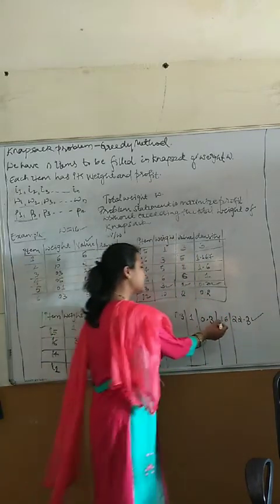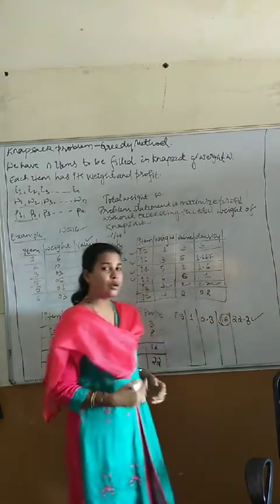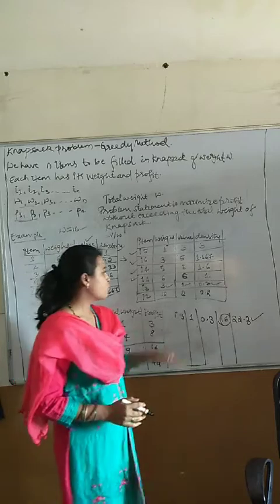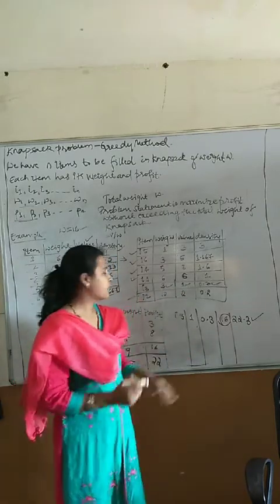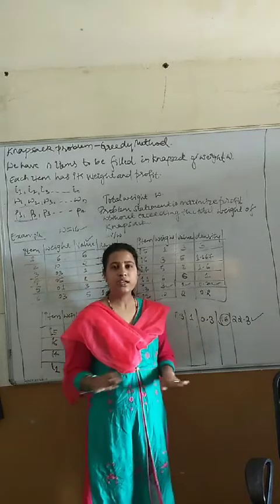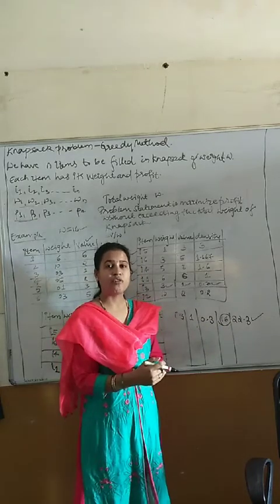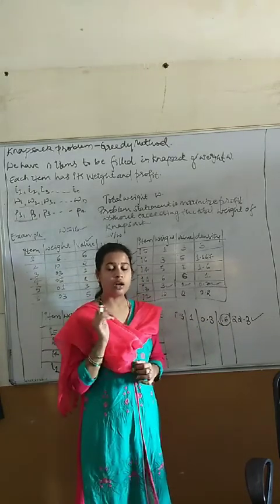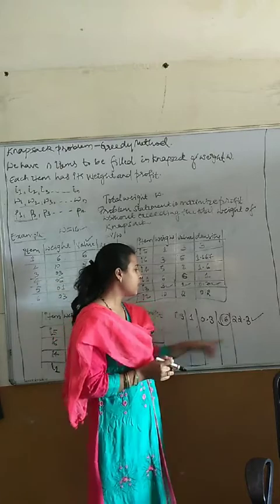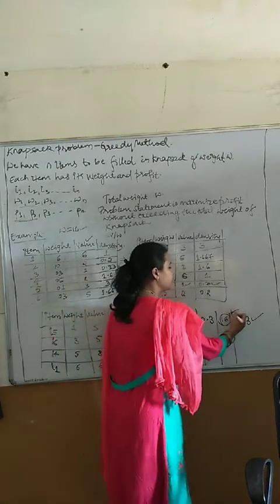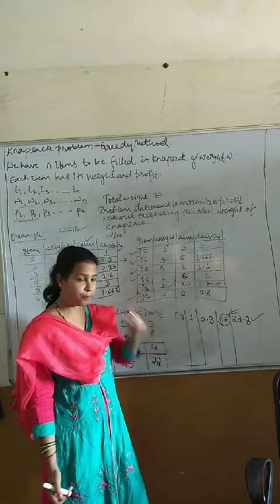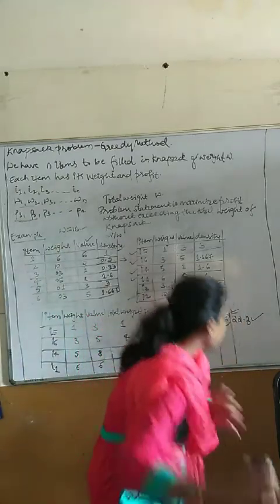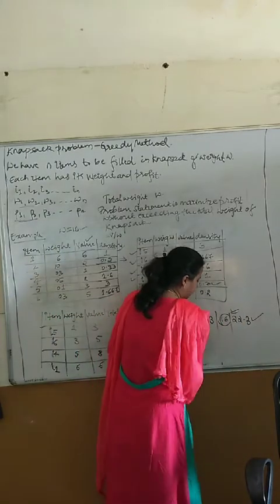So we have already reached the total weight of the knapsack. So we are stopping here. We cannot add the next item because the knapsack is already full. And what is the maximum profit which we are able to earn through this greedy method? It is 22.3. After this you have to compulsorily write here.